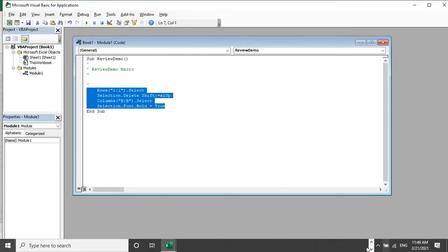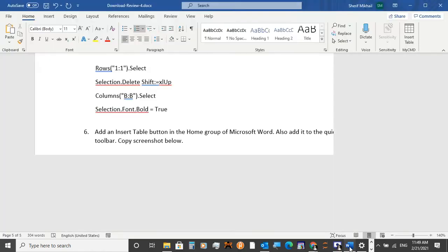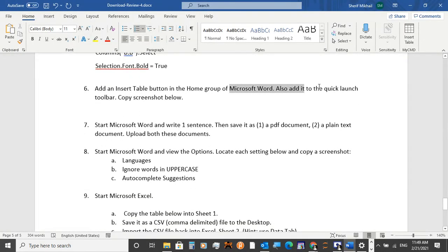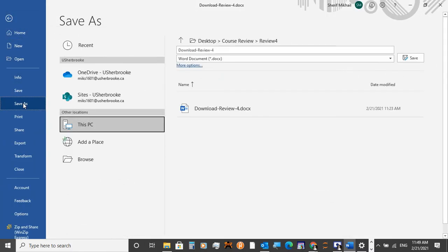And let's go now to question 7. Okay, so again, just give me a screenshot so I can see that there. So now we want to start Word, write one sentence, and we want to save it as a PDF document and as a plain text. So that's pretty easy. Go to File, Save As. Okay, and then bring up the dialog box,